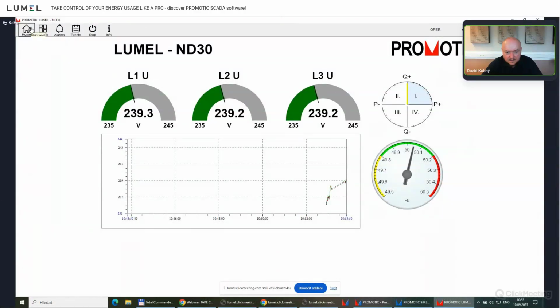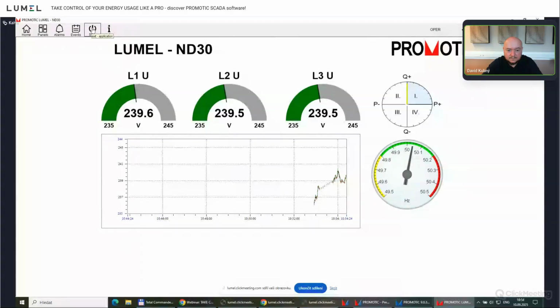And here you can see the trending graphic viewer is now showing you the graphic progression of the curves of the voltage that is being collected from the ND30 device. So now it took maybe 10 minutes for us to create this simple dashboard, and you can see that we already have something that could be useful for anyone wanting to monitor their energy